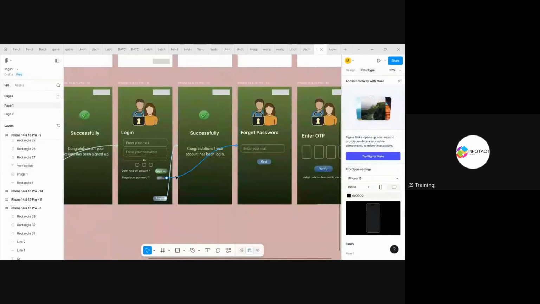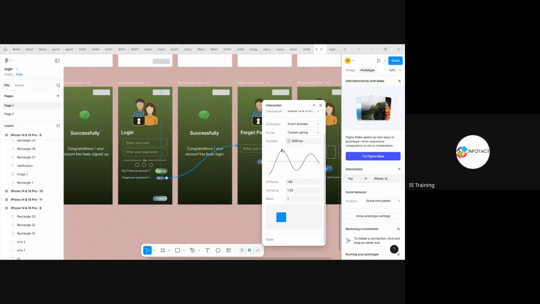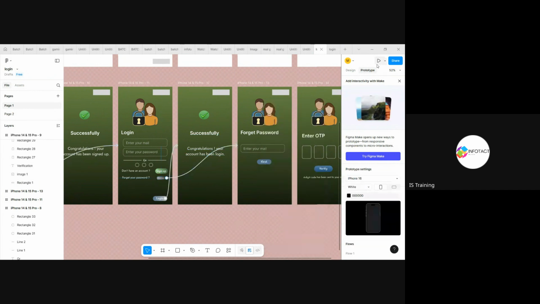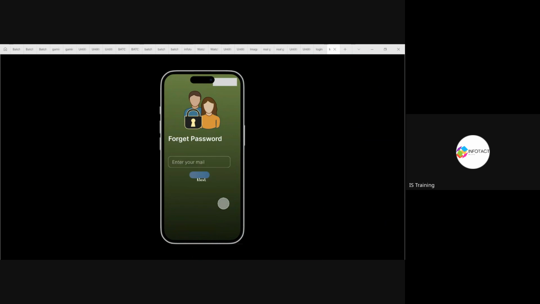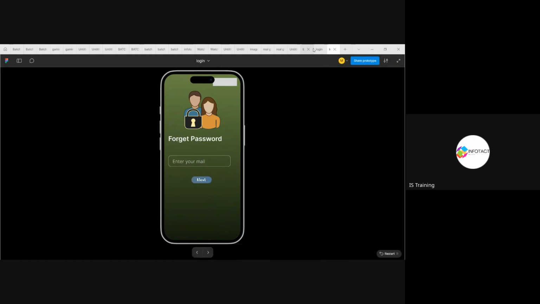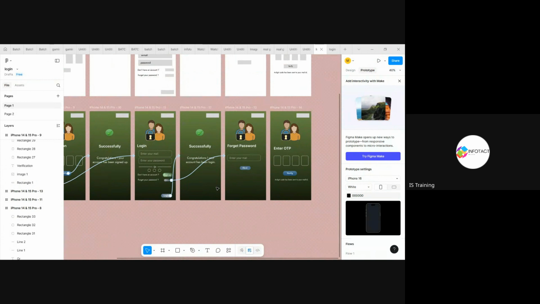If I change its duration, this. The animation part depends on your preferences or how you are going to showcase your website. So it's in your hands.